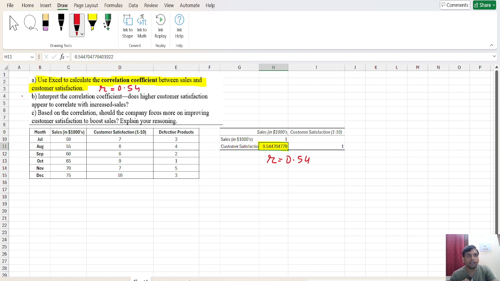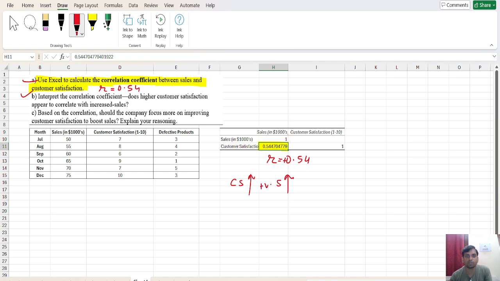Now the next part, interpret the correlation coefficient. Does higher customer satisfaction appear to correlate with increased sales? Okay, as there is a positive correlation, we can say there is a positive correlation between customer satisfaction and sales. This means if the customer satisfaction increases, then sales also increase.